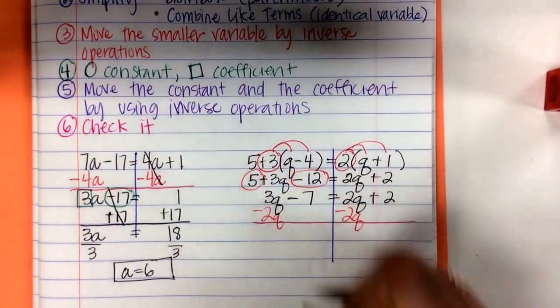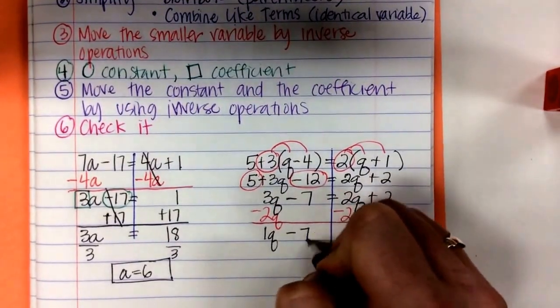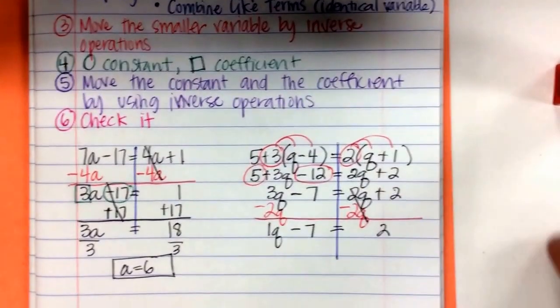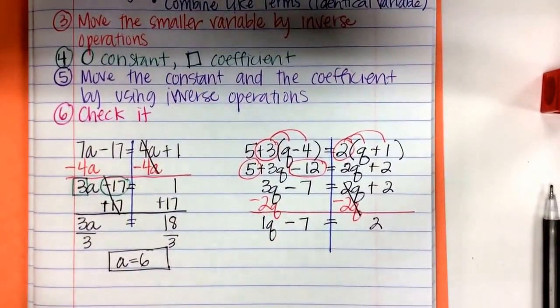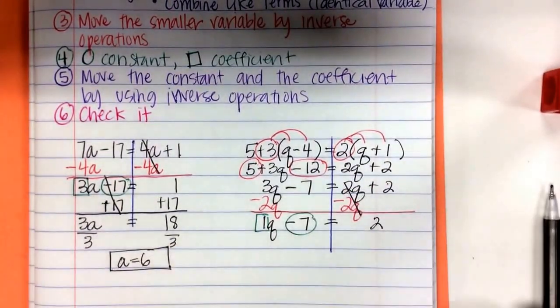Three Q minus 2Q is 1Q. Minus 7 equals 2. Now it's a two-step problem. These ones are easy by now. I circle the negative 7, draw a square around the 1,